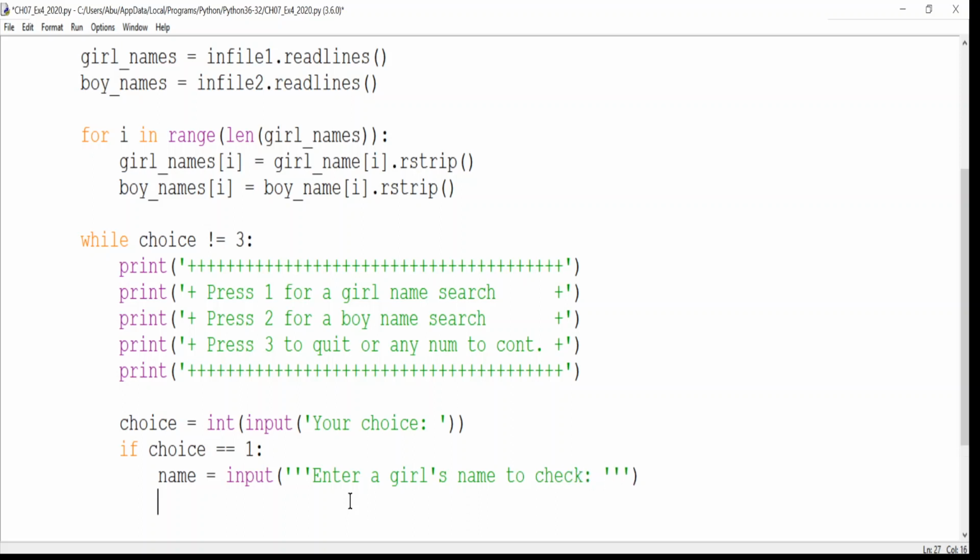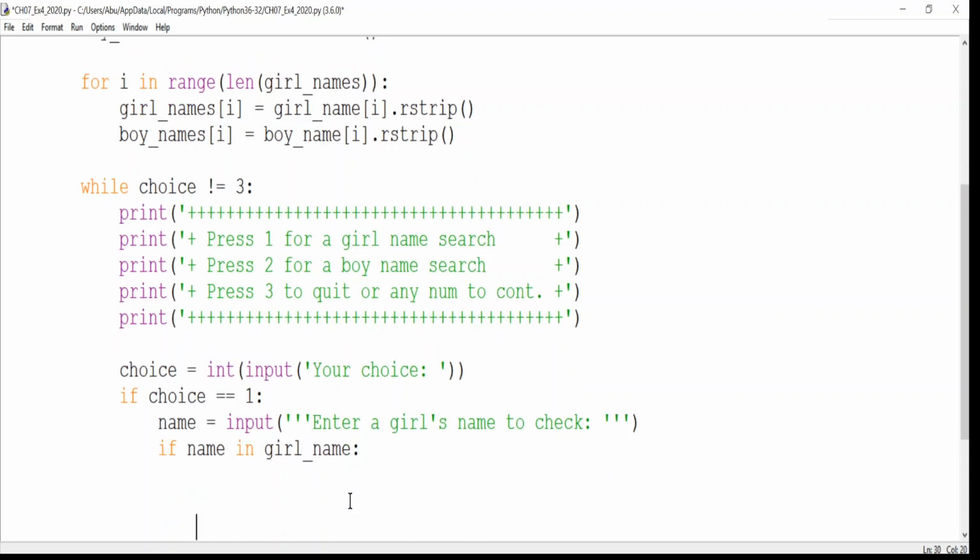Okay. Once we got the name, then what we need to do, we need to check whether it's available on the list or not. We have a very useful function to do this process for us. Name. Oh, again we need another rule based. If name in girl name, then what? So this will allow us to check whether this name is available in girl name or not. It will return true if it is available. So in this case, what we are going to do is, if it is true, then we will do like this: print